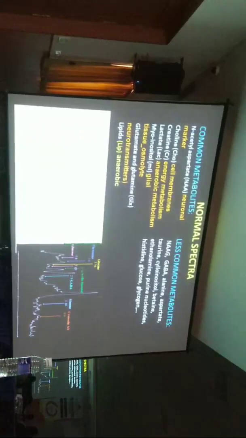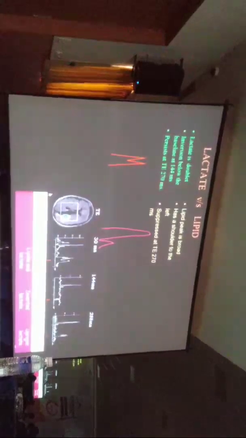Then you have at 3.5 some peaks, taurine, myo-inositol, they are all there. So these are the important compounds. I will just show a few examples. And this is an example of how to differentiate lipid and lactate, because both appear at 1.3. Another technique other than single voxel and multi-voxel is that we do 3 sets of